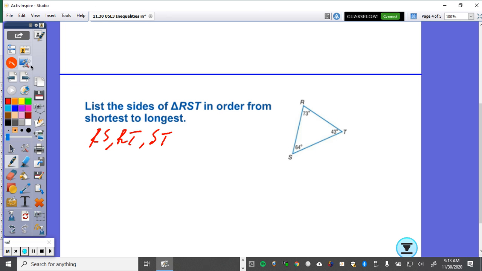Okay. Now, your homework is going to be posted in just a second, but I'm going to give you 2 pages out of the textbook that we use. Okay. So I'll give you the numbers off of that, and then you can just